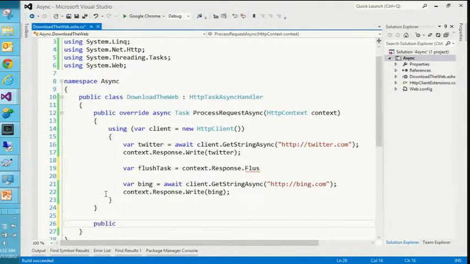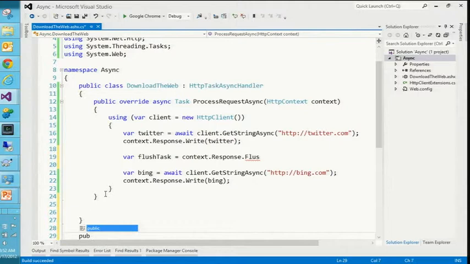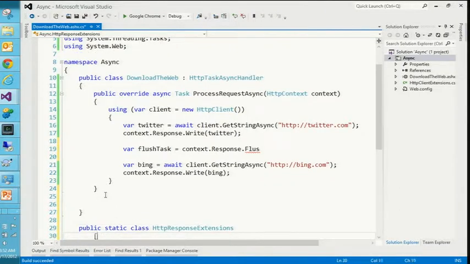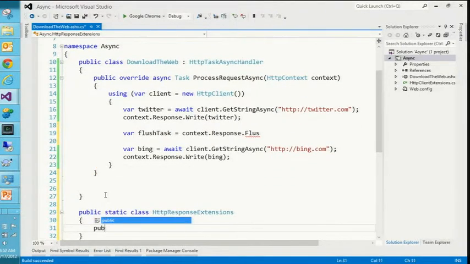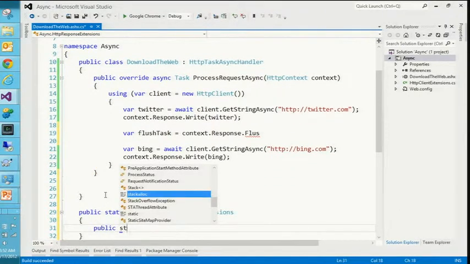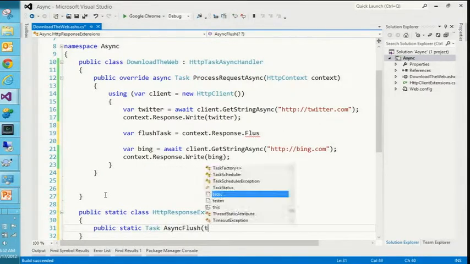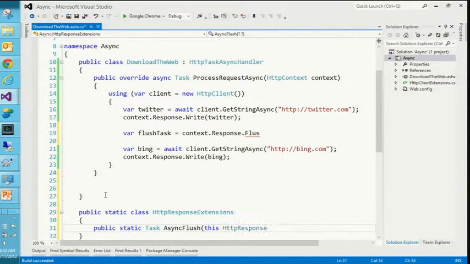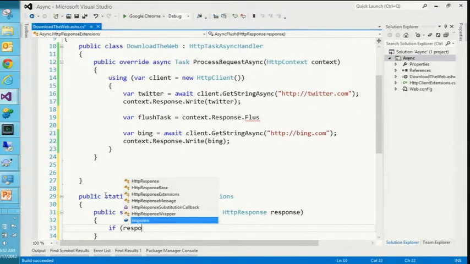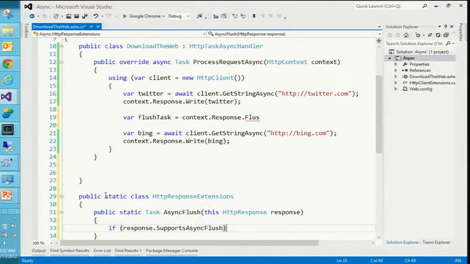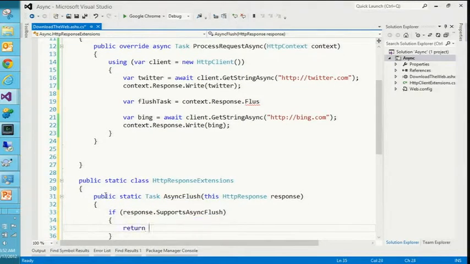So let's create a class down here, public static class HttpResponseExtensions. In this, I'm going to create myself a helper method. Public static, this one needs to return a Task, and I'm going to call it AsyncFlush. I'm going to take in the HttpResponse as response, and I'm going to write a very simple bit of code. I'm going to say if response.SupportsAsyncFlush, go ahead and return